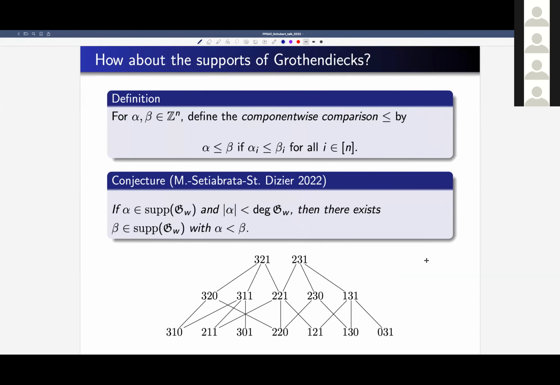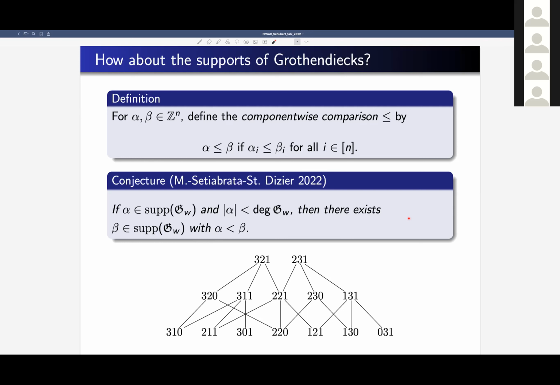Now this is the formal definition of our poset. This is the relation on our poset, right, component-wise. And so I'll give you a sequence of conjectures, some of which we know how to address in special cases like fireworks permutations or Grassmannian permutations. And Cornell PhD student Elena Hafner has proved some of these conjectures for vexillary permutations. But in general, these conjectures are work in progress, open for any takers.